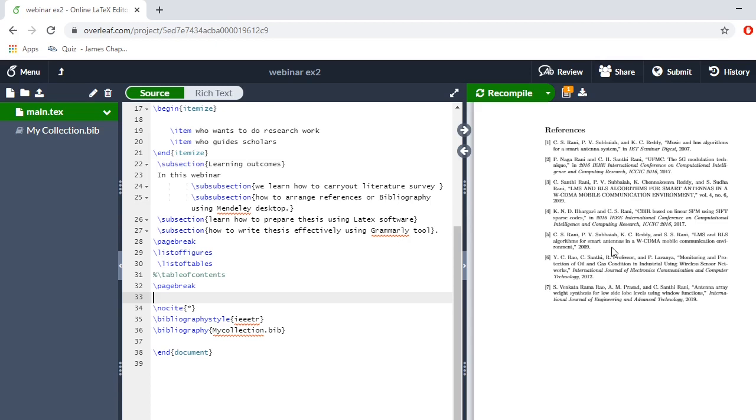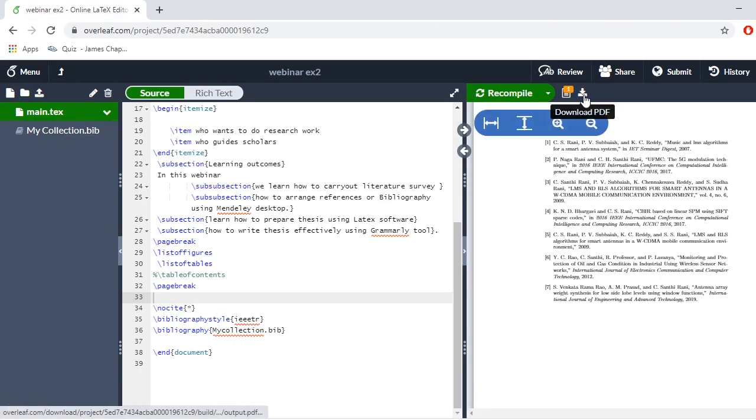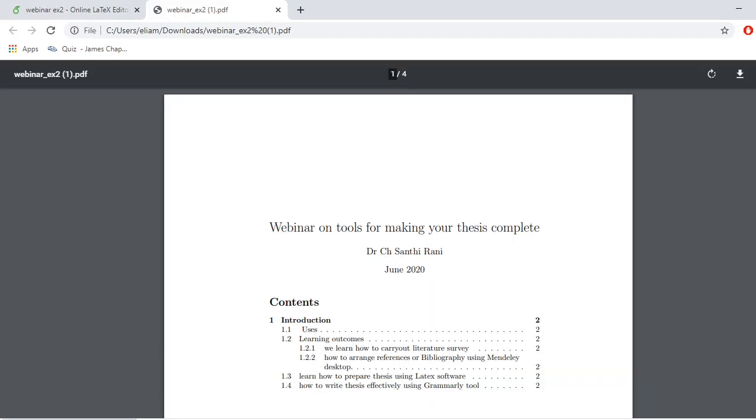After doing all this, now your document in PDF form is readily available. So you just download PDF. You click on this button, you just click on download PDF, and now you observe the PDF for this project is ready.